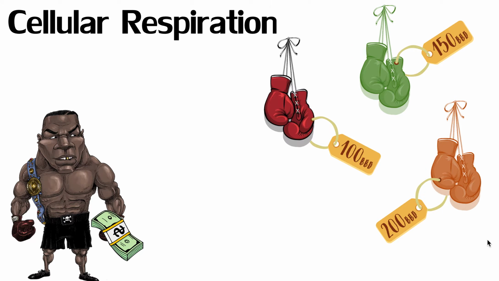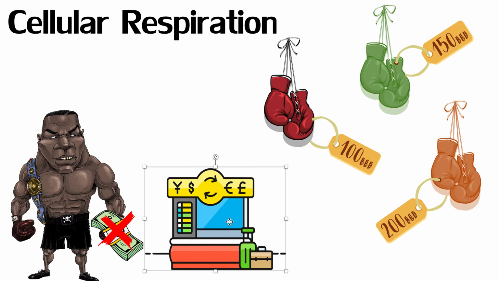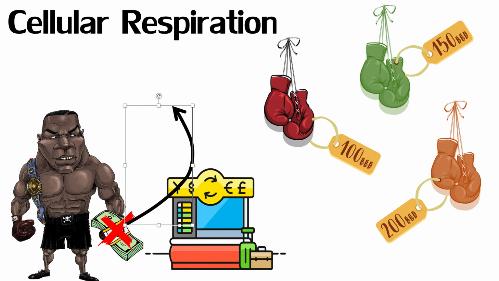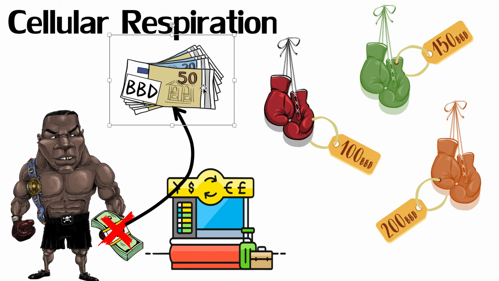So what does he have to do? Because his dollars are wrong. Although it's money, although it's valuable, it's the wrong currency. It's not going to work here. So he has to exchange it for big brain dollars. So that's what he does. He goes to this machine, he exchanges it for big brain dollars. So now he has the correct currency. Okay, now he can buy these gloves. So why did I tell you this story? Why did I tell you this analogy?